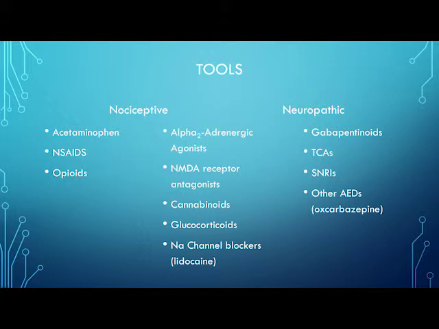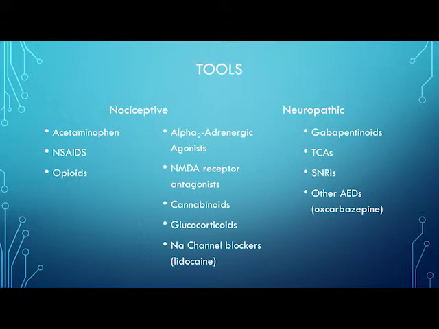What's interesting about the NMDA receptor antagonists, so the prototypical one for that is ketamine, which is not something we use day to day outside of the ICUs. But methadone, which I at least use a fair amount, is both an opioid and an NMDA receptor antagonist. So when we're looking to get some of those properties, that's another way to get that. And then there are things, this is kind of my toolbox. There are things beyond that that I don't use as often.